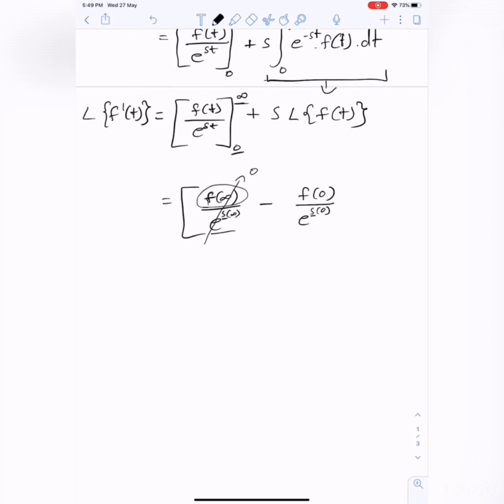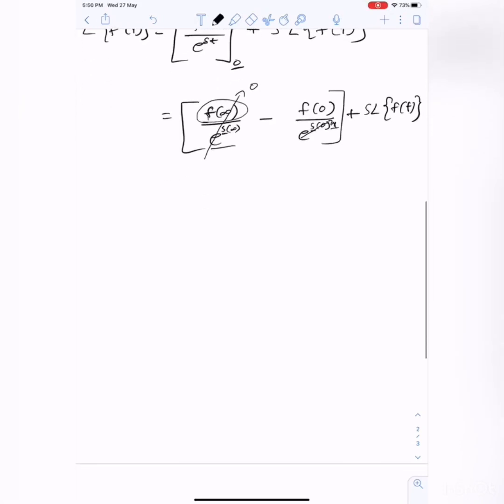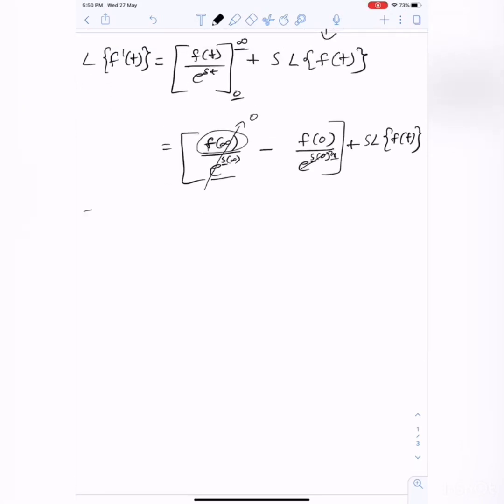So again, s is a positive constant. So e^(s times 0) is e^0. E^0 is 1. So it's f(0) over 1, so I can replace this by f(0). So plus s times the Laplace transform of the function. So this would make our equation to be